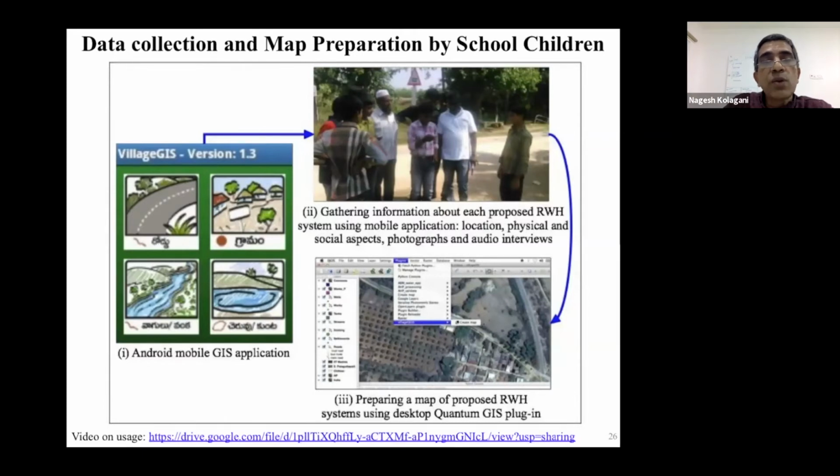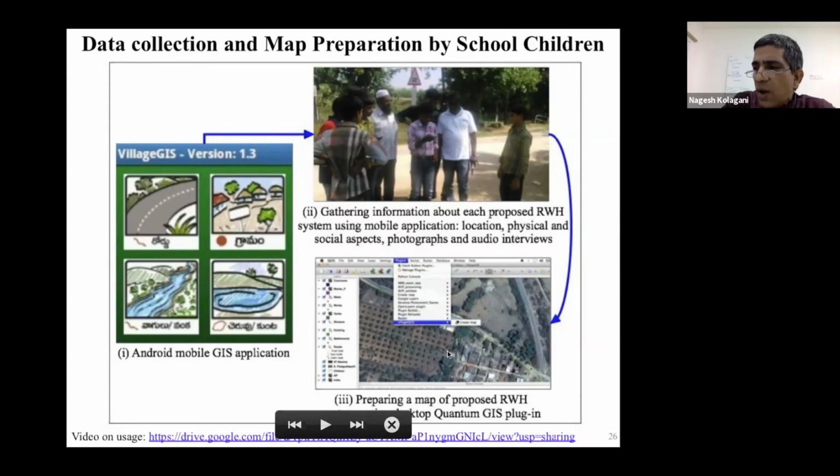As you walk along the road, you can keep clicking, etc. So these typically middle school children are able to teach, able to map, collect data. These are their school teachers. It's important to get the school teachers involved. And finally, when they come back, they connect to computers and they pull one menu item, prepare map. All these points that they have walked and collected will fall over on this.